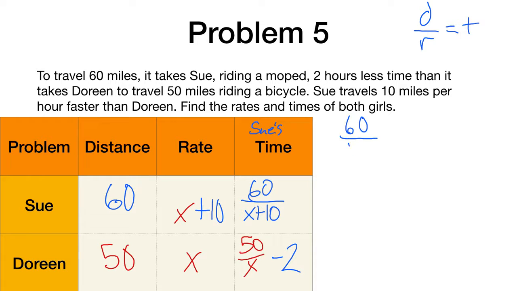So that's 60 over x plus 10, and that's going to equal negative 2x plus 50 over x, at which point I cross multiply. Oh, by the way, the reason why it's that, in case you weren't quite sure, is because I had to get a common denominator of x. So this became negative 2x at that point. So this becomes 60x, and that's going to equal